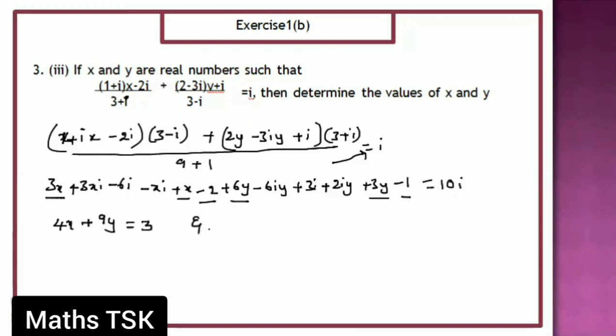Okay, and compare the imaginary parts. 3xi minus xi is 2xi, 2x, okay, and then y minus 6y plus 2y is minus 4y, and then minus 6, right. And when you compare y's, look here, y is